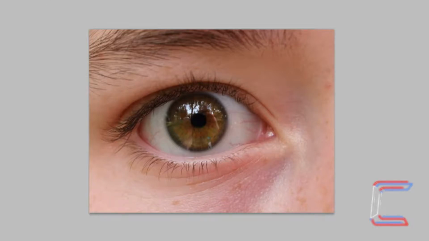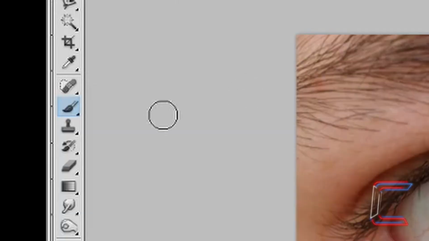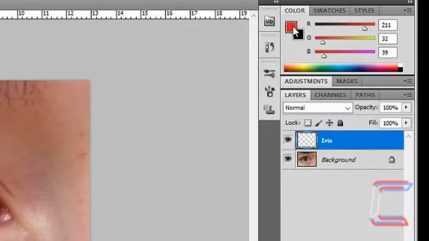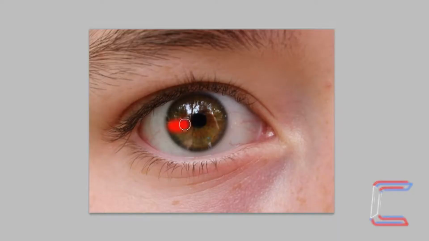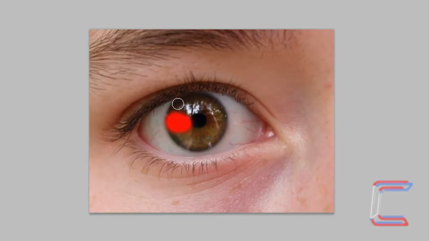Open up the stair image, go to create a new layer, call it iris, go to the brush tool, set to 100 pixels, soft round, hardness 0, choose red, ensure that the iris layer is selected, left click and draw across the iris towards the pupil,